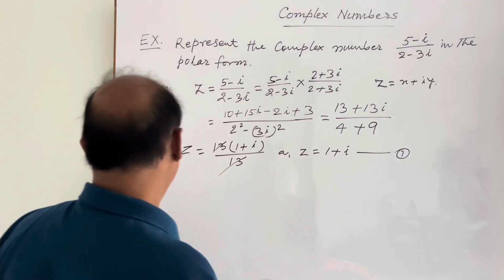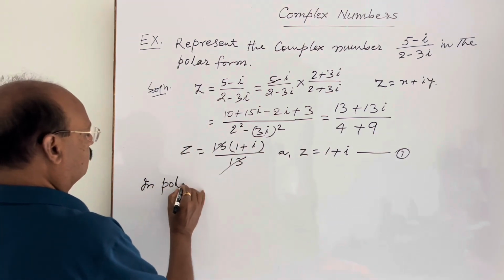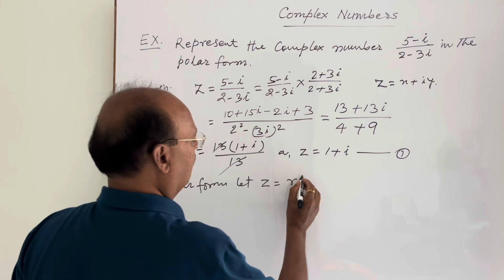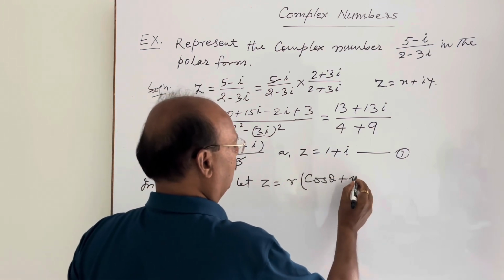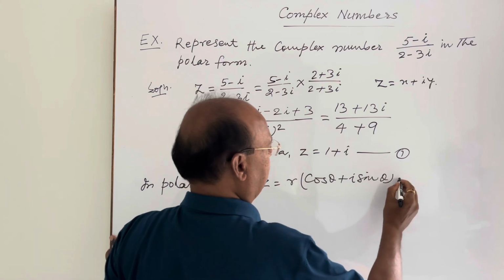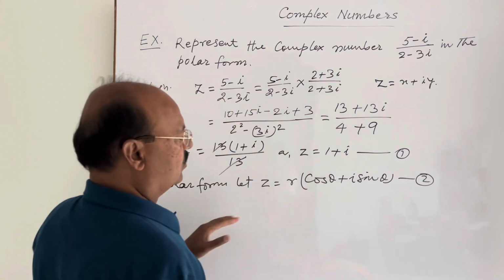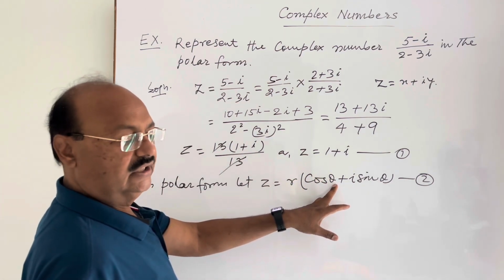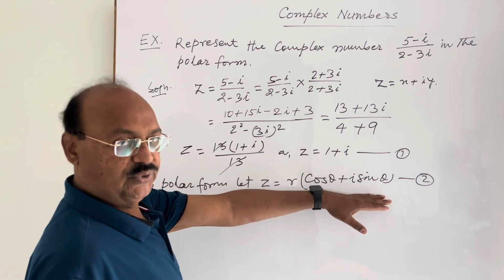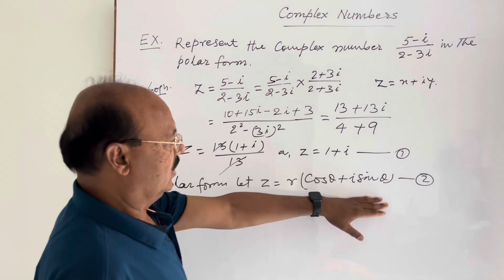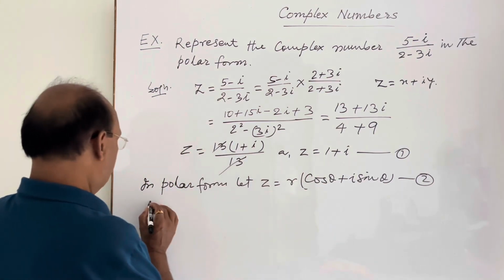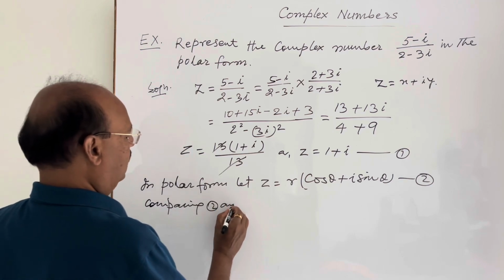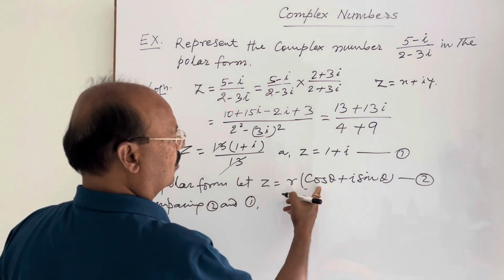Okay. Now in polar form, let complex number z be r(cos theta + i sin theta). This is relation number 2. Now comparing these two, we have to find here value of r and value of theta, and these values we will put in equation number 2, then we'll get the result. Okay, so comparing relation number 2 and 1,